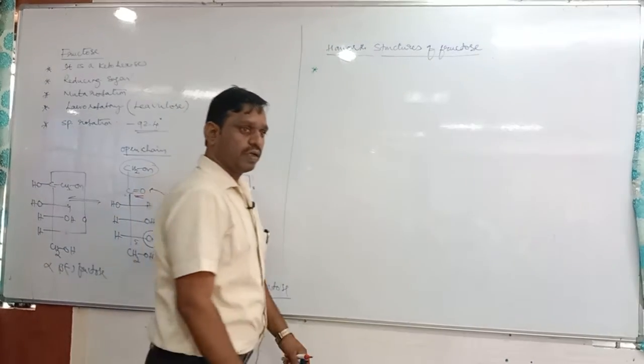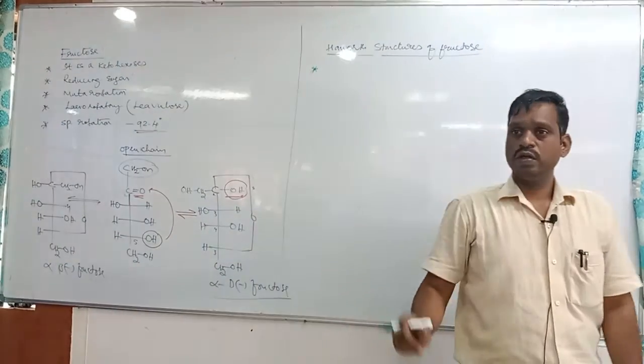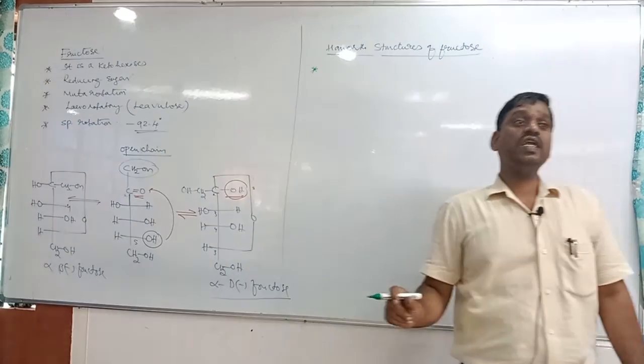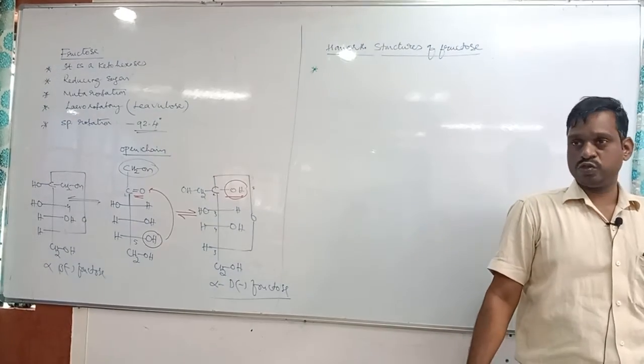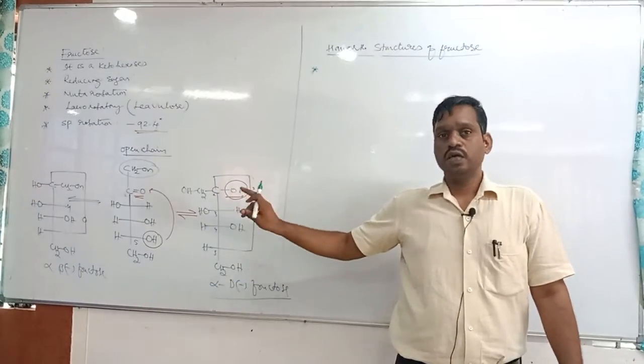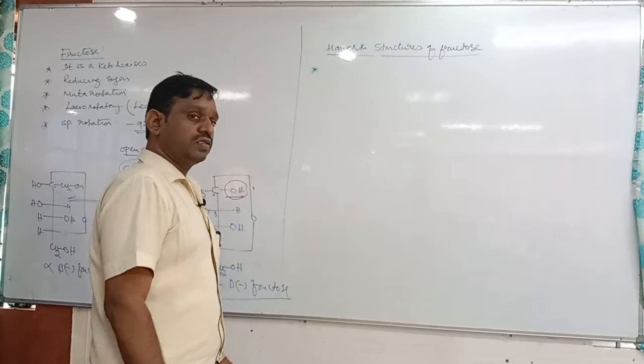One, tell me, in case of glucose, how have we written the Haworth structure? First, we have to draw the six-membered cyclic ring, which is called pyranose. But in case of fructose, first we need to draw the five-membered cyclic ring,